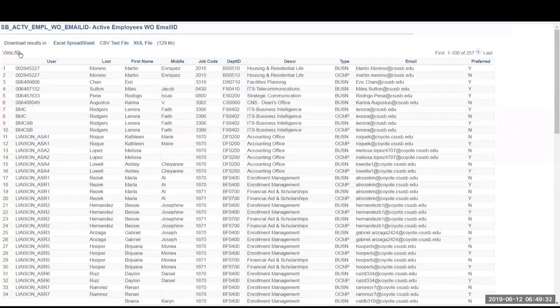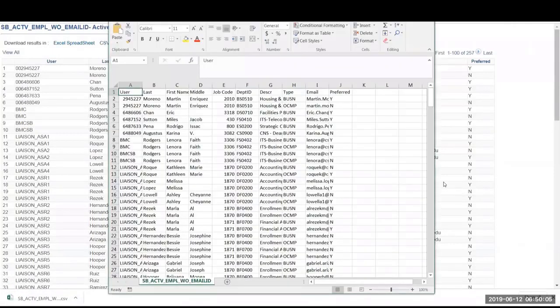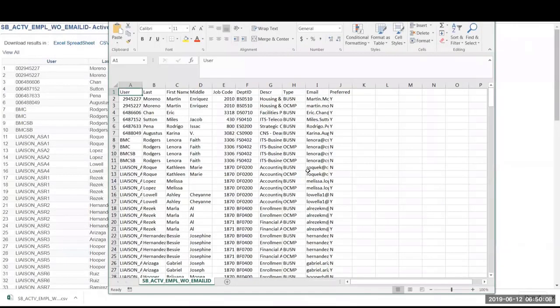So here is my HTML results, and it's giving me some general information. But notice that in the results for HTML, I can download it to Excel, I can download it as a CSV file or XML file. So to run a query is very simple. You're always going to be working from a query that a subject matter expert has established for you. I'm going to do CSV. Again, it downloaded it for me. And here I have the data results, and then I can manipulate it any